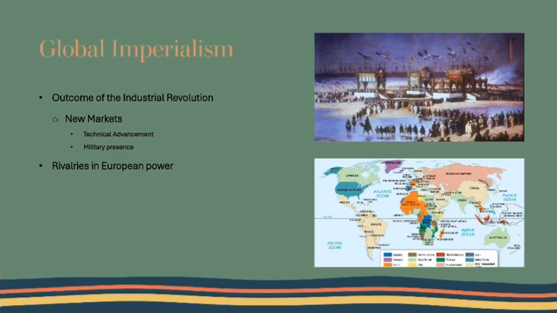This global economic competition also drove the push to control strategic trade routes, symbolized by the Suez Canal, pictured on the top. This picture here depicts the opening of the Suez Canal, which is one of the most important trade routes in the entire world. So, with Africa being the final massive uncolonized landmass, the competition turned into the scramble for Africa, where nations measured their global power by sheer size and wealth of their overseas empires.